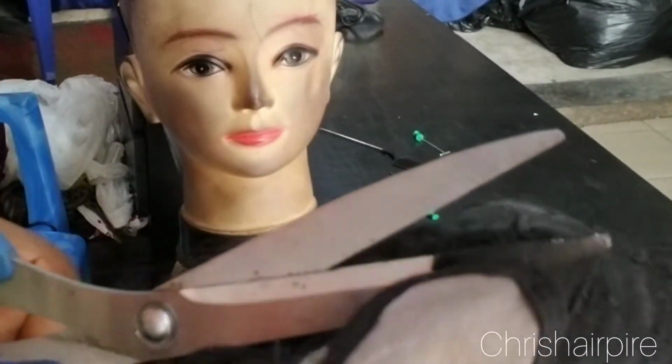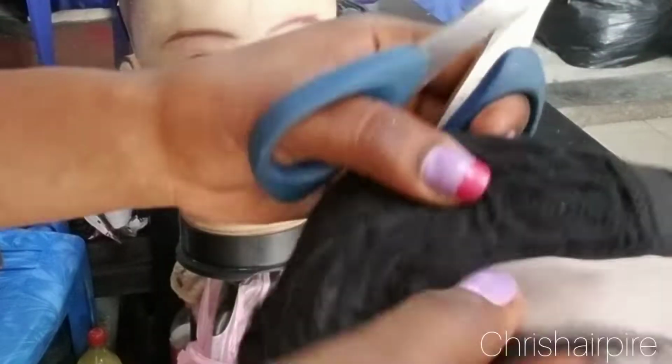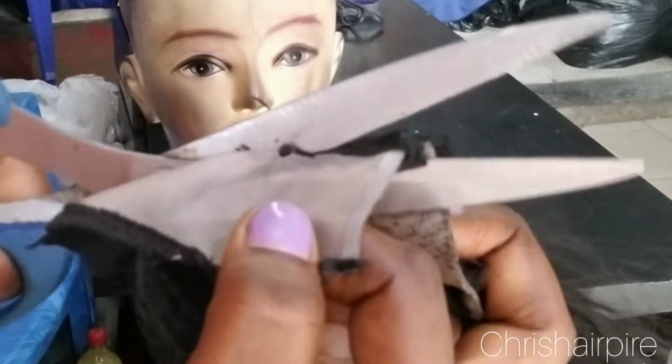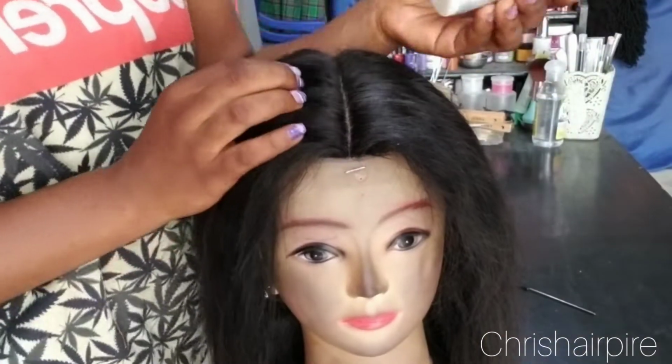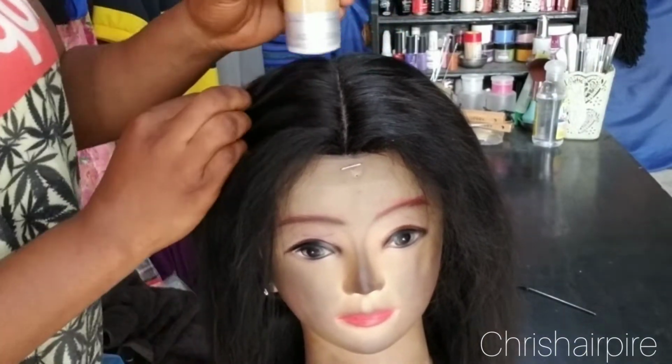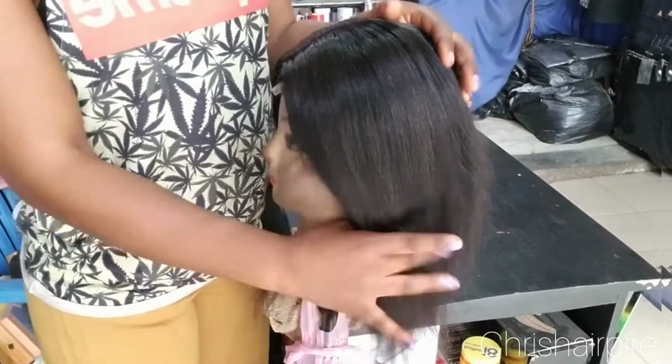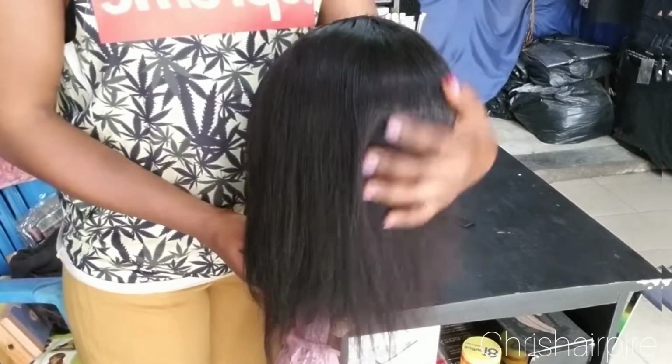Okay guys, so here we go, we are done sewing. I'm just taking off the extra lace at the front part, and the net, the wig cap underneath the closure part. The reason we're taking this off is because we've blocked the part with